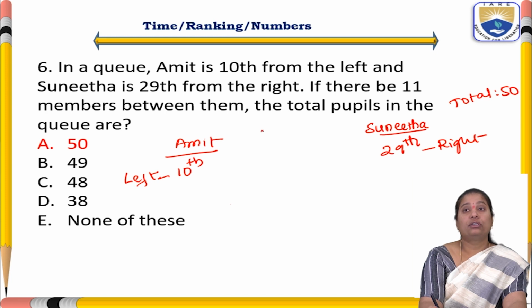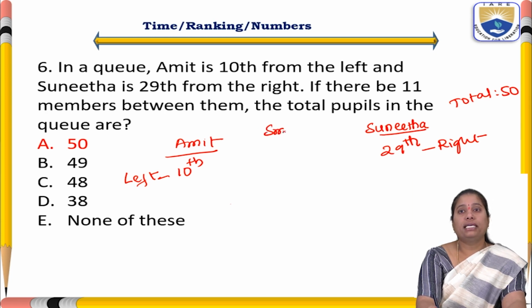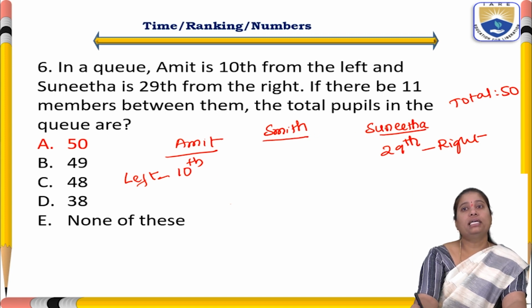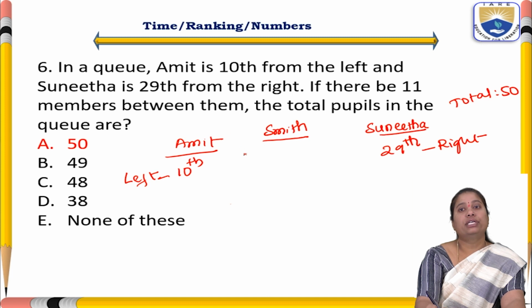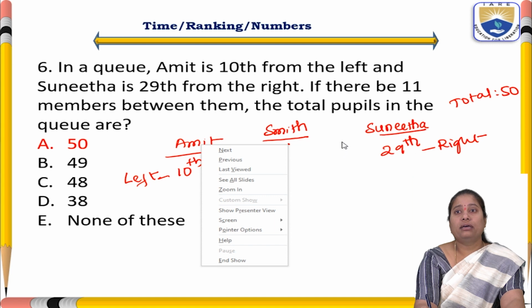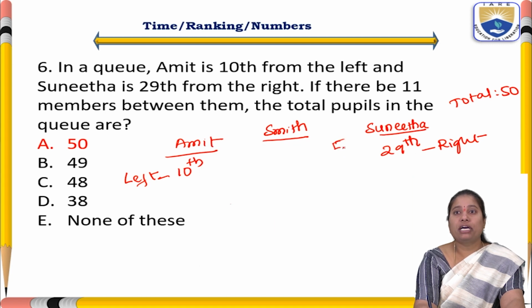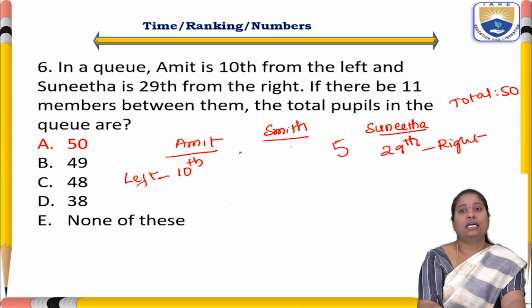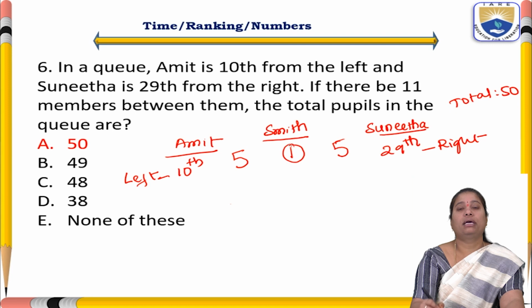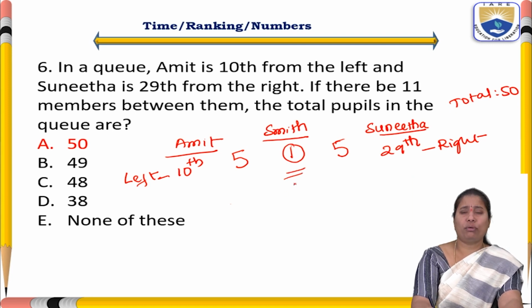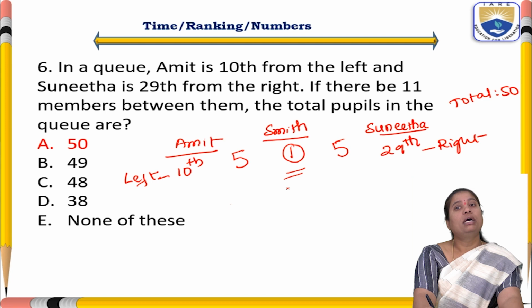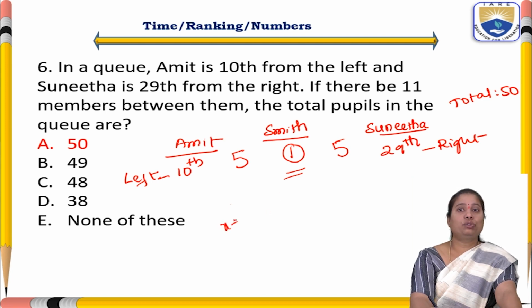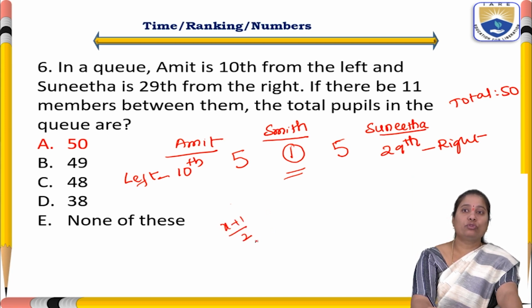Now, Smita is exactly in between Amit and Sunita. Since there are 11 members in between, she is at the 6th of them, so 5 members will be between Smita and Sunita, and 5 members between Amit and Smita, and Smita is in the exact midway. This is a normal example that we already know. But if we apply the formula x plus 1 divided by 2 for the midway,